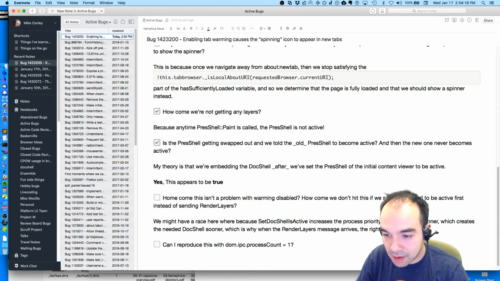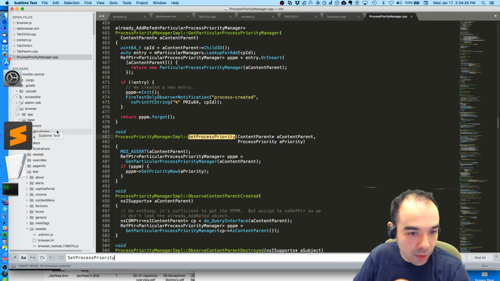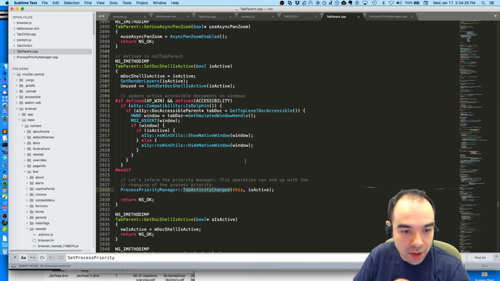That's crazy. That's a theory. So one way I can test that theory is by getting rid of the process priority changer.